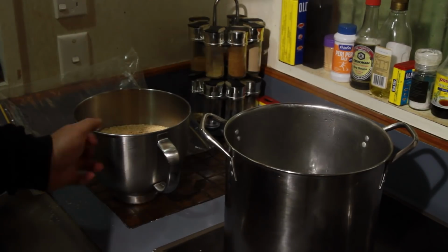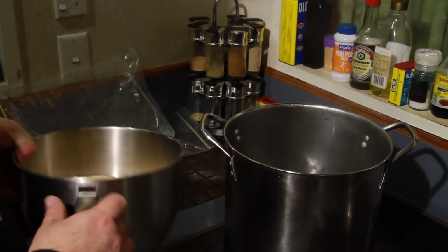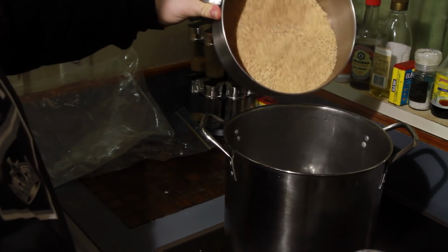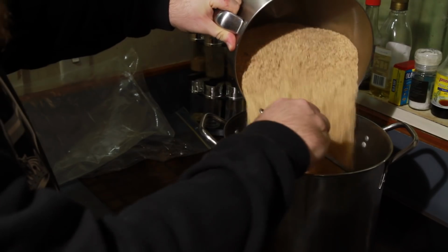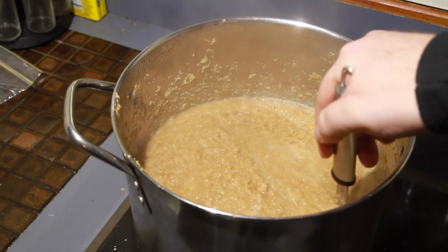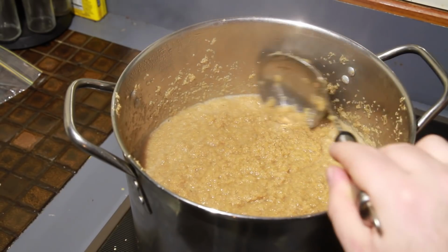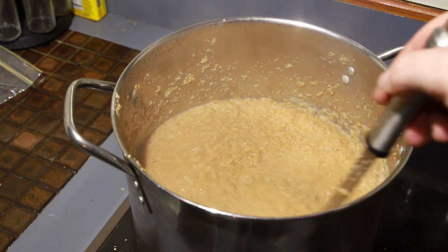Cool, so that is 1 kilo measured out, and now we just need to get that into the boiling water and let it simmer for half an hour. So I'm going to give this a really good stir now, and I'm going to let it come back up to the simmer. We don't need to boil it hard, but we do want to let it go for about